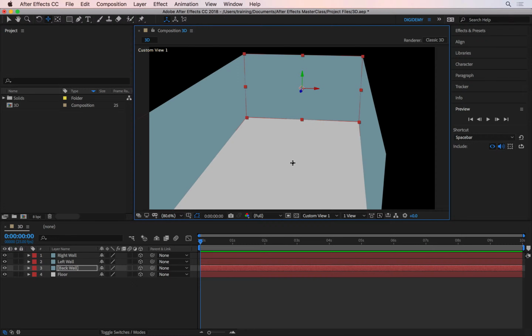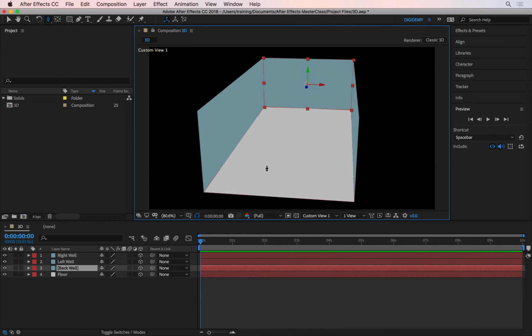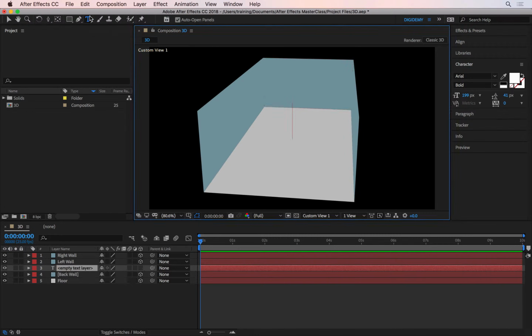I'll now use my camera tools to zoom out. I'm just going to push up and then zoom out a little bit. And now I'm going to go ahead and create a text layer, and I can easily do this by double-clicking on the Type tool here. That puts a flashing beam in the center. And if I just go and type in, let's say, Digidemi,